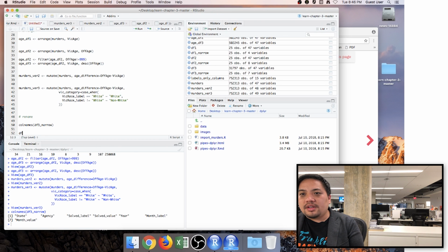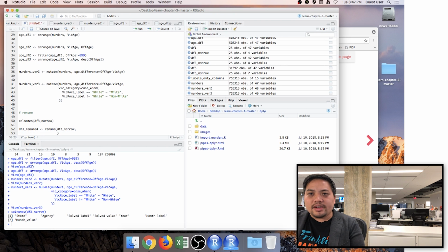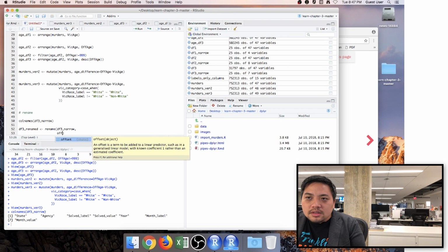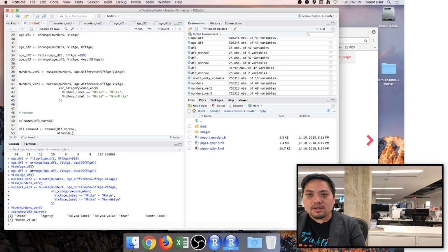I'm going to create a new data frame called df3_renamed. Use the function rename. Pass it the name of the data frame, and then comma. I'm going to press enter just so it's readable. The new column I want to call is called offender gender equals